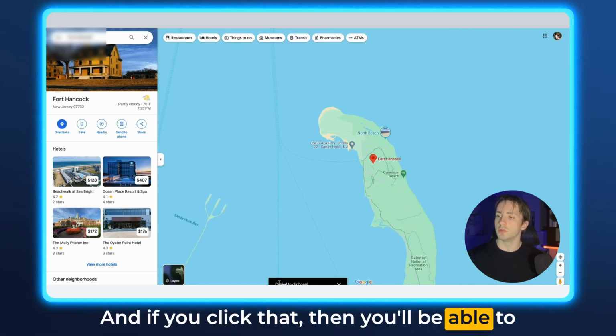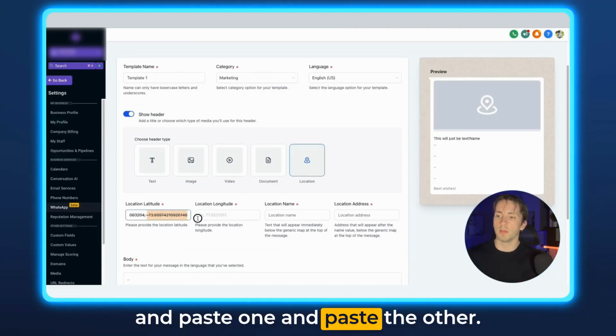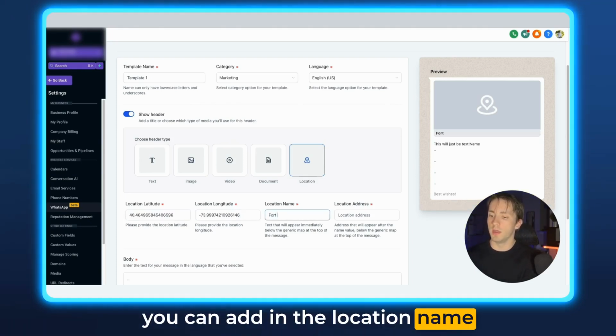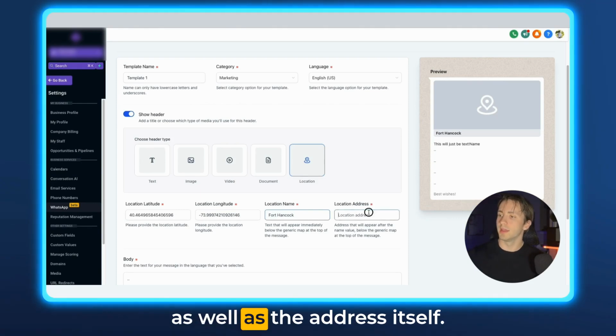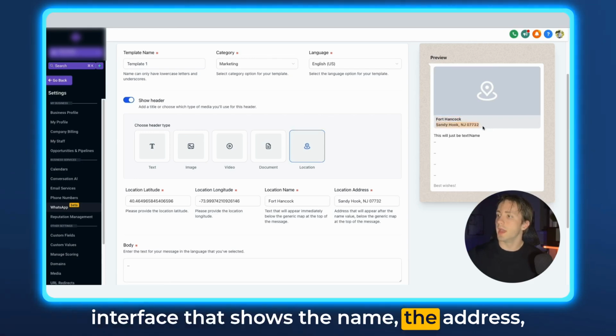And if you click that, then you'll be able to copy it and then you can throw it in here. So when you do that, you can go ahead and paste one and paste the other, copy both. Once those are both in there, then you can add in the location name as well as the address itself. And then in the message itself, you'll have this interface that shows the name, the address, and then this is